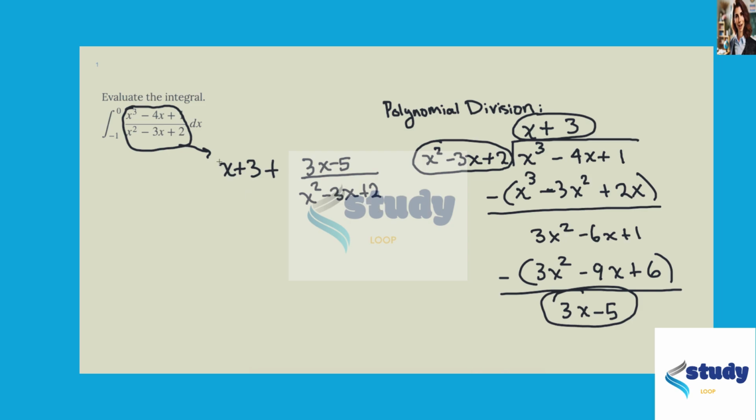The first term, x plus 3, that's no fraction there, so no partial fraction decomposition necessary. But for the second term, we still have polynomial divided by a polynomial, so we should see if that denominator factors. And we see it does. We can write it as x minus 2, x minus 1. So this means that we should take 3x minus 5